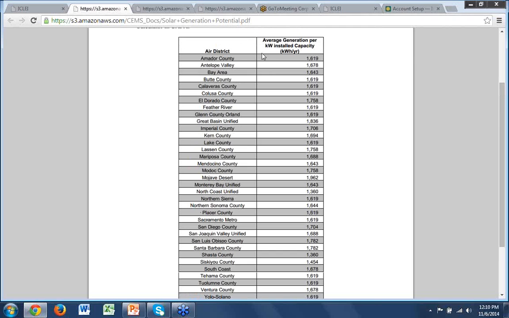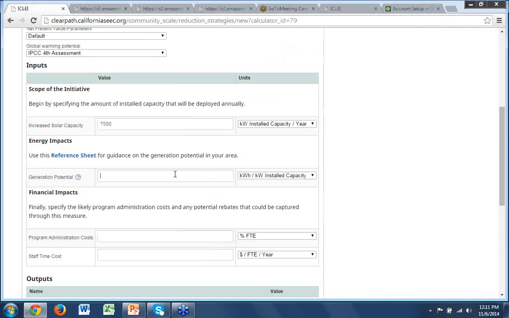we could just say the Bay Area, because that's where I'm located, we see I have a generation capacity of 1,643 kilowatt hours per year. Again, that's an estimation of the entire year. It's not site specific, so we're not talking about each individual home, whether or not it has a better generation capacity. So we want to take that figure of 1,643, enter it here,